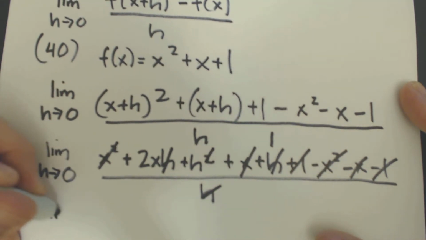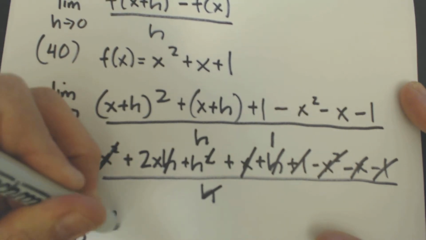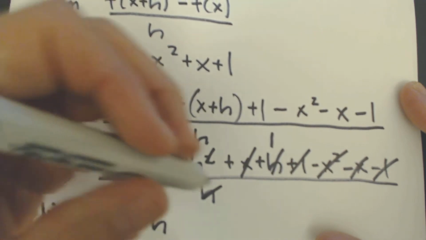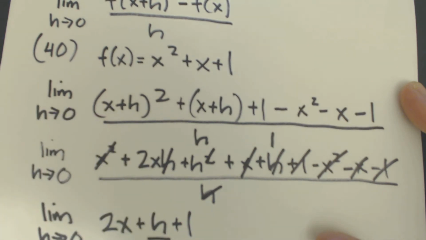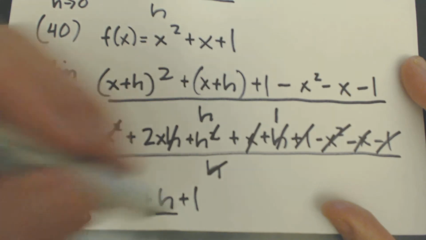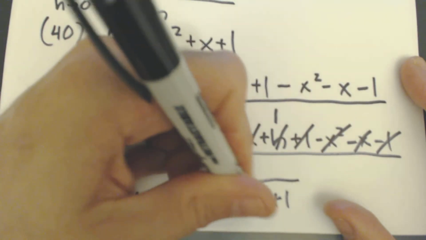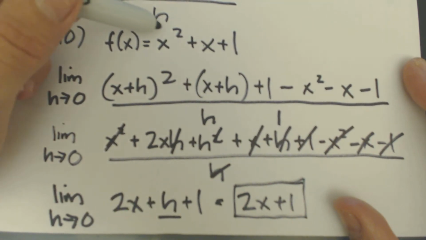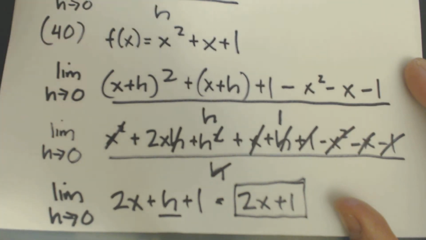And so we're going to have the limit as h approaches 0 of 2x plus h plus 1. H approaches 0. That means this term is going to be 0. This term here is going to be 0. And so we're left with 2x plus 1 as the limit of this expression, f of x equals x squared plus x plus 1, evaluated within this